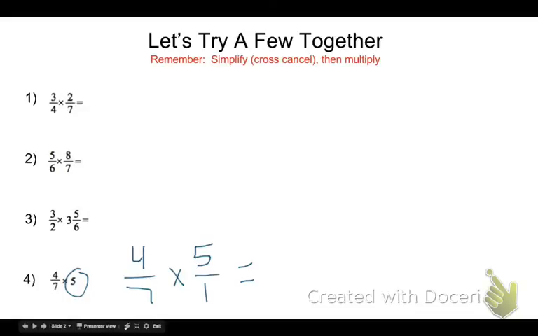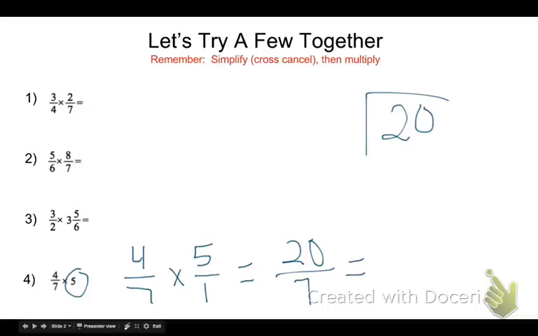4 and 1, you cannot. Anytime there's a 1 in your denominator or the numerator diagonally, you cannot simplify that. And then 7 and 5 do not have a factor in common either. So I'm ready to multiply straight across. 4 times 5 is 20, and 7 times 1 is 7. Again, this is an improper fraction. I must turn it into a mixed number